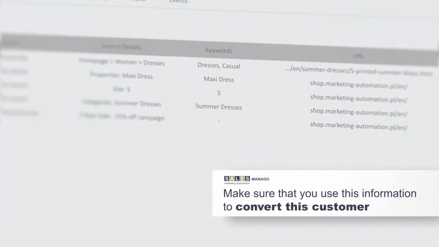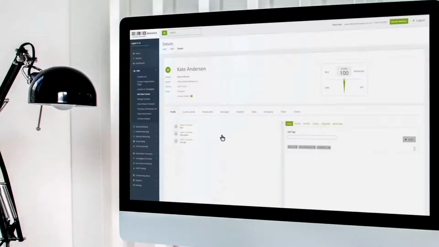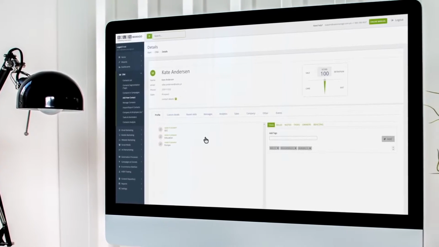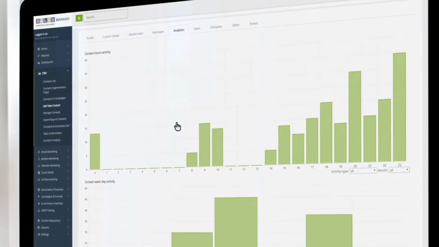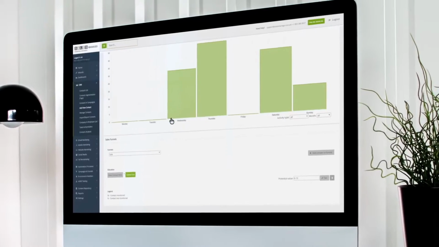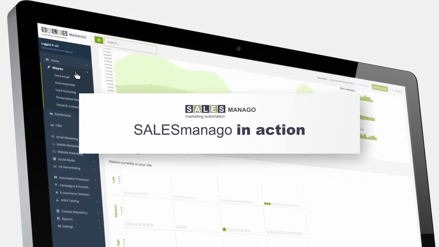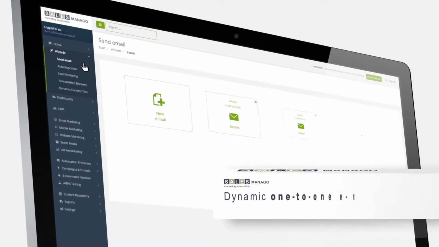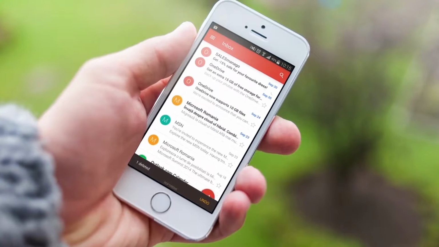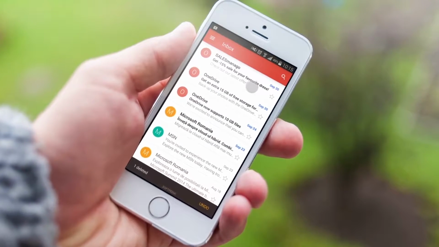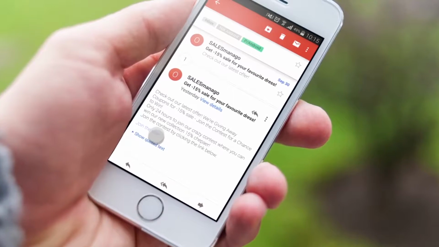Well, unfortunately, the visit has ended in not purchasing anything. This is exactly where Salesmanago gets into action. Knowing the customer is making a purchase decision and knowing exact interests seems to be the best opportunity to effectively sell your products. Salesmanago starts with sending a dynamic one-to-one email right after the visit. It includes the recorded information about the clicked and viewed products, and it will be delivered at the day and hour which has the highest chance of getting opened and clicked on.